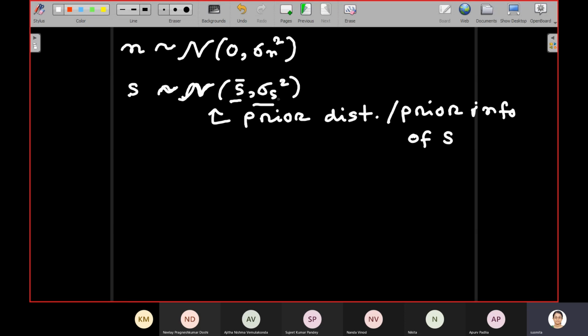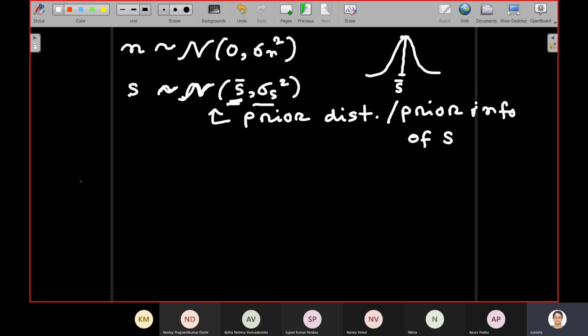Now, if we cannot make any measurements, then we will use this S bar as the estimate of S. We have this Gaussian PDF, correct? And we know that the mean is most likely because the peak occurs at the mean. So we pick the average representative value, the most likely value, which is S bar. If we do not have any other way to know anything about S, no way to make measurements and do estimation, then this is what we will conclude from the prior distribution. But we actually want to make measurements and refine our prior knowledge. That is why we are doing all this.